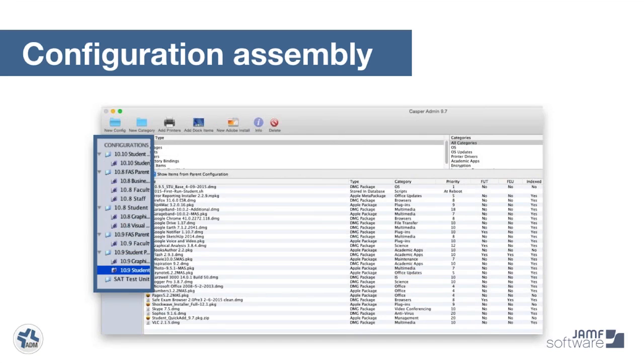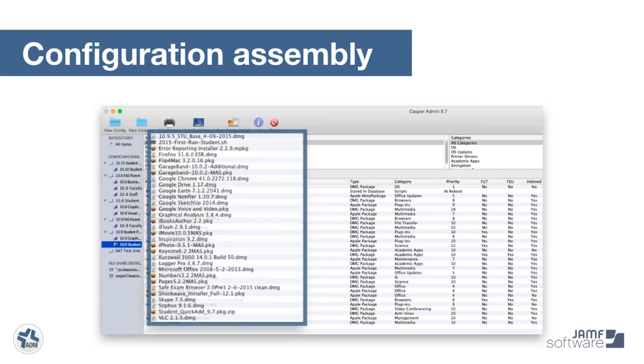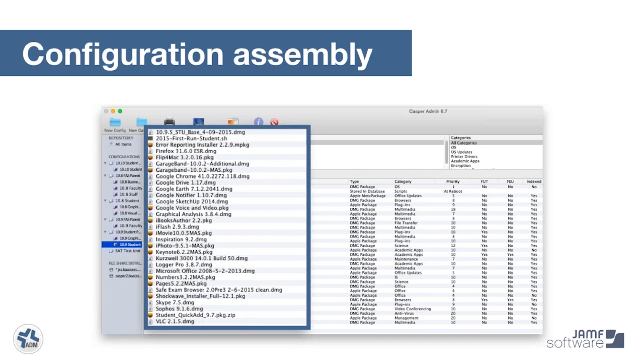So on the left-hand side, you can see in the blue folders here are our standard configurations and smart configurations under those on the purple smart folder icon. This actually, as we zoom in, is a configuration that we have for students at the beginning of this year. We're already running 10.10 in a number of places, but for our students, we've started at 10.9 in September of